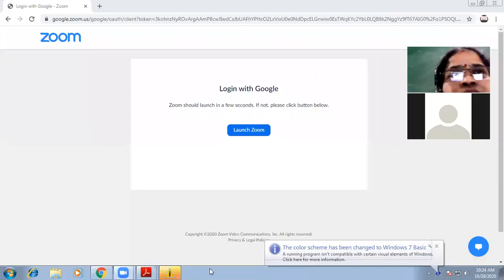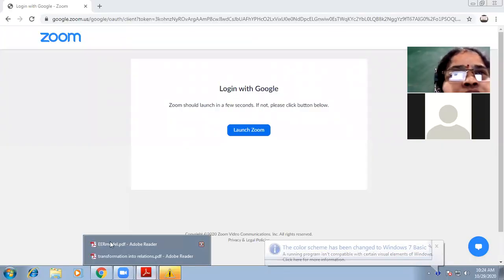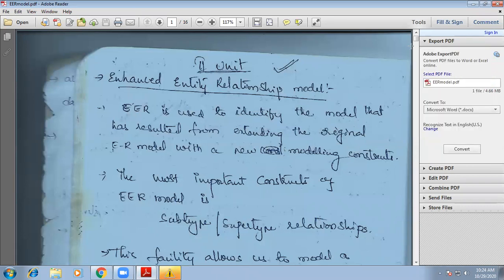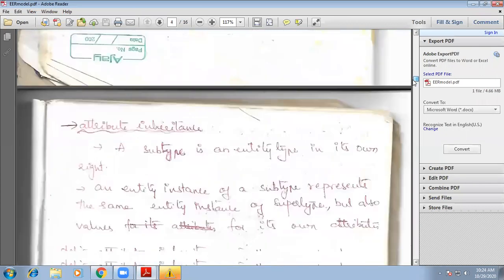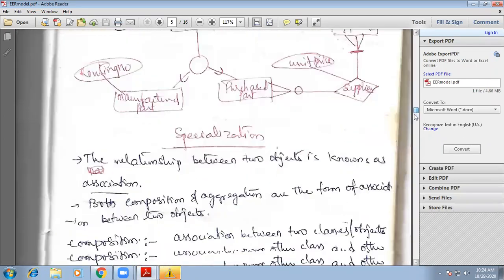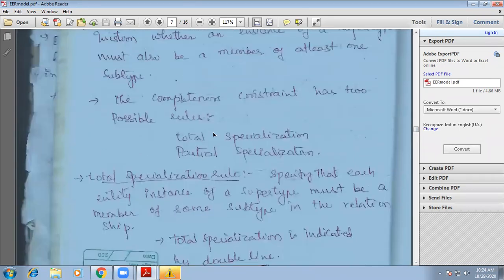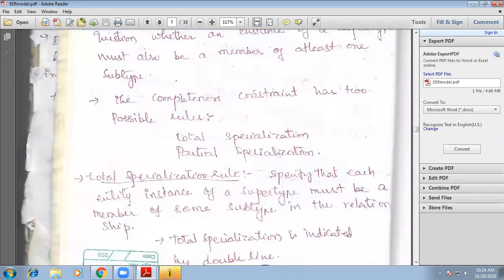Are you able to see? ಒಪ್ಪಡ್ತಲೆ ಮ್ಯಾಮ್. I will show in PDF only. Okay.